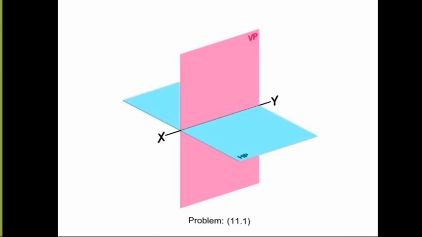Now I am going to start a section of solids problem with the help of a hexagonal pyramid. If there is only one point, the apex, instead of one face, it is called a pyramid. This pyramid is standing on HP on its base face, and its axis is perpendicular to HP.